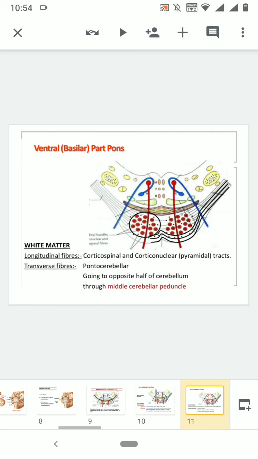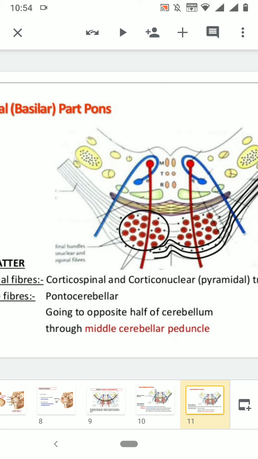There are also some rounded structures which I have rounded off together. It's like a bundle. These are longitudinal fibers which are coming down from the cerebral cortex, and these fibers are nothing but the corticospinal and corticonuclear fibers. Corticospinal fibers we have already talked about. They are the main pyramidal tracts. They form the pyramidal tracts in the medulla oblongata, and they cross also in the lower part of the medulla oblongata. So we have the pyramidal decussation. We have talked about it.